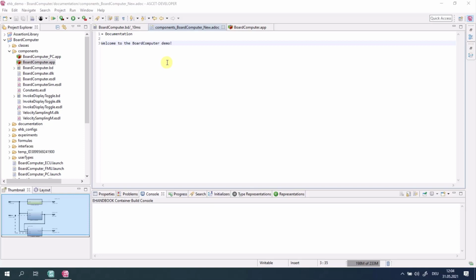Since eHandbook version 8.3, eHandbook container build tools support ASCII-Doc as a new additional text format for writing technical documentation for ECU software. ASCII-Doc is a plain text markup format. ASCII-Doc documents can be created using any text editor, for example, the text editor which is part of ASCII Developer. They are human readable as is, and they can be processed by several converter tools. The ETAS eHandbook container build tools, for example, support converting ASCII-Doc to eHandbook format.